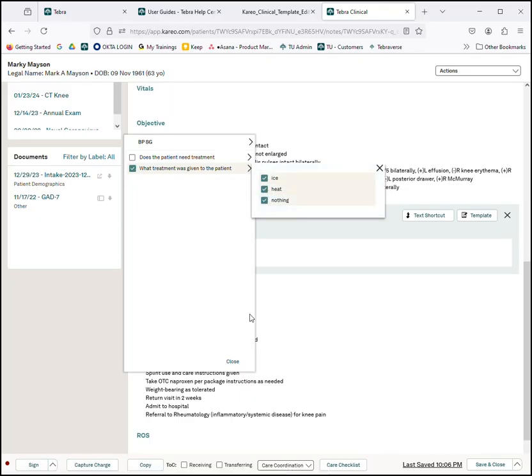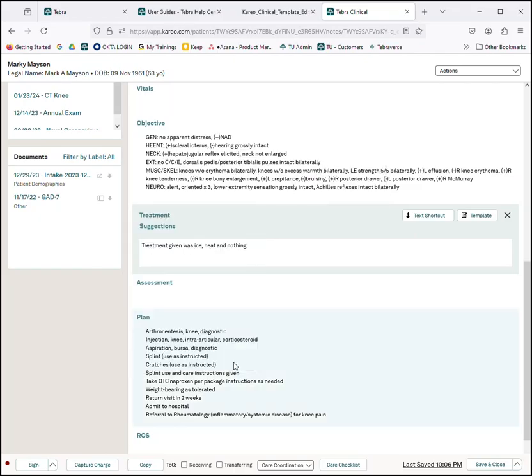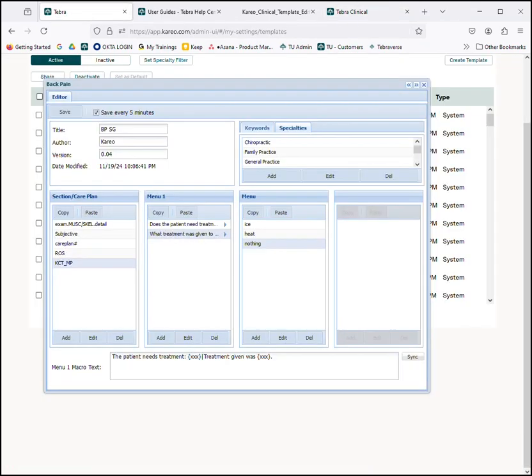Now, obviously that's not going to be wise, but if I did, notice treatment given was ice, comma, heat, and nothing. So it's going to automatically put the comma in, and for the last 2, it will separate it with the word and. That's what the treatment suggestion would be based on what we put over here as our next